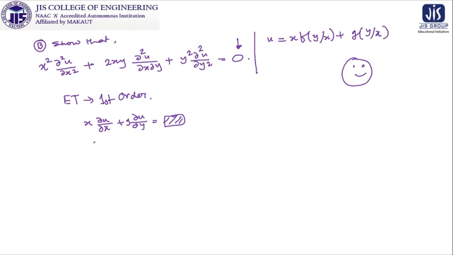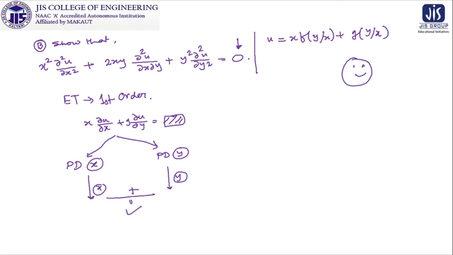So you have to use this one, and then you have to do two things: partial differentiation with respect to x and partial differentiation with respect to y. And then for getting this desired expression, multiplication with respect to x and multiplication with respect to y, and their addition is required to get the result. So this is the schematic diagram of the problem, how to approach these types of problems. Once you got the idea of approaching these types of problems clear, then the remaining things are not at all difficult for you.